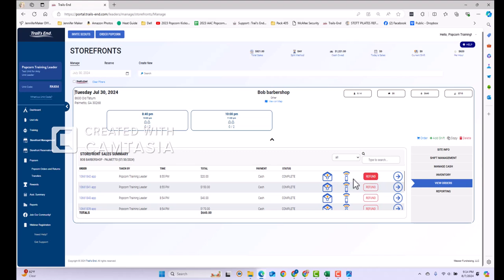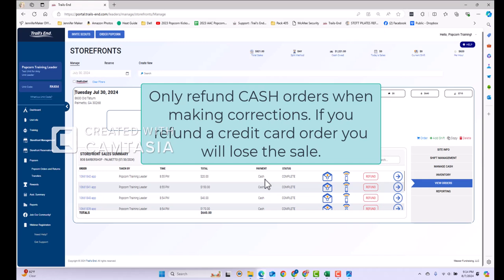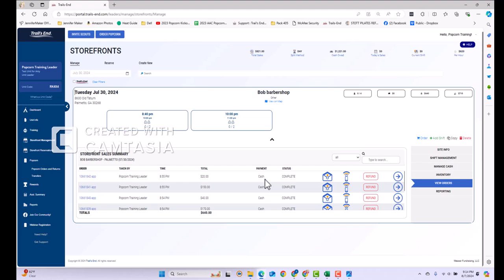If the payment method for this particular order was credit card, I would continue down the list until I find one that contains popping corn and is cash. Keep in mind, you do not have to have the only item on the order be popping corn, but you will need to adjust for both items if you do the refund, because it refunds the entire order. If your adults use the Convert to Cash at the storefront, you will not be able to make these adjustments to your cash orders. Once they have used that cash to credit, those orders will then look like they are credit card transactions. For my purposes, I'm going to go ahead and click Refund,